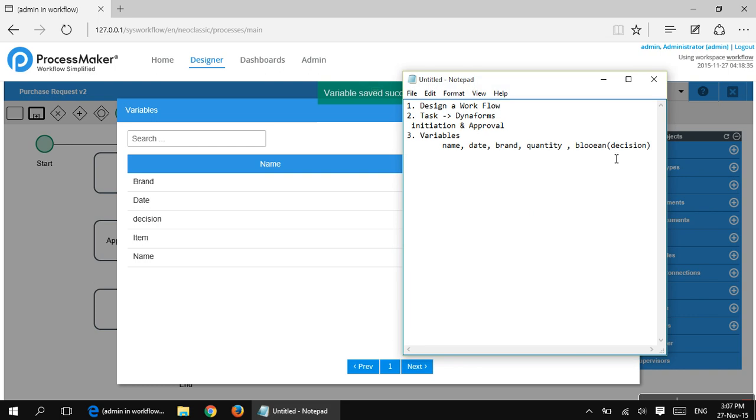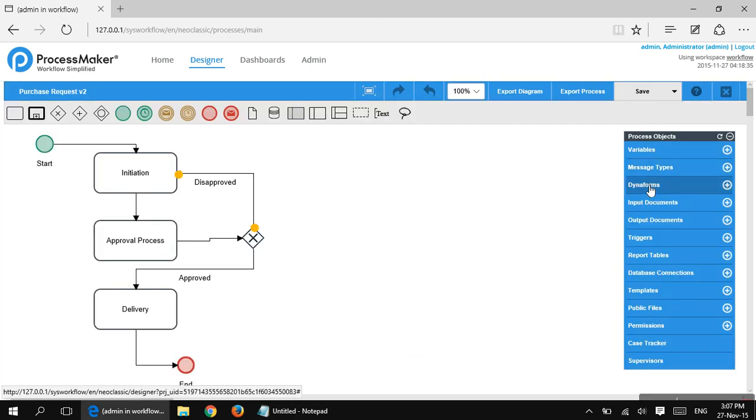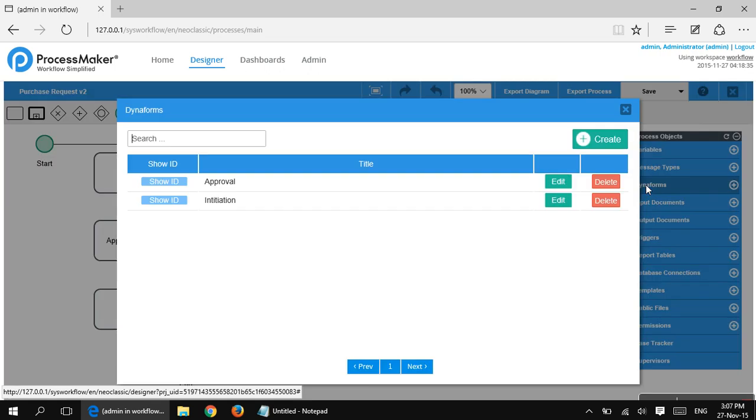Now our next step would be to go back to Dynaform and link all the variables. So just close this window. We'll go to our Dynaforms, and go to the first form, initiation,